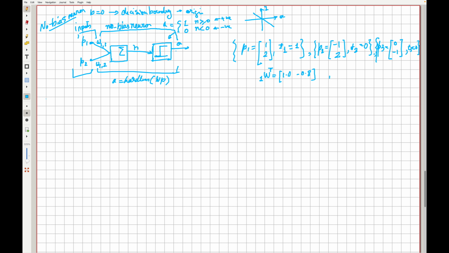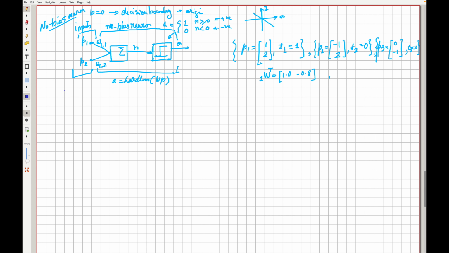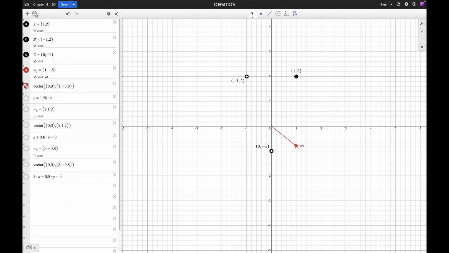So the very first thing we do, let's say step one, let's use a different color so we know that this is a different calculation. So step number one, here is what we do. We know that this is not a perfect decision boundary, because if we try to plot the decision boundary